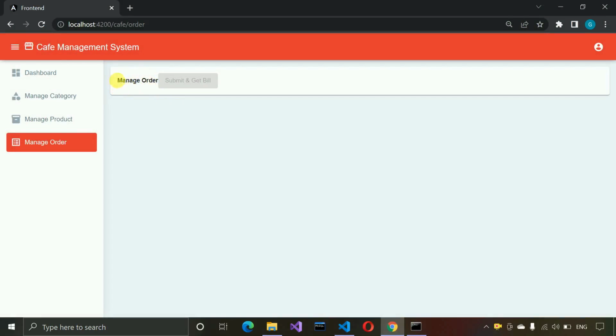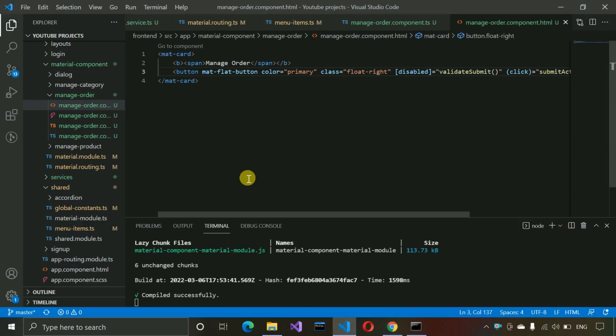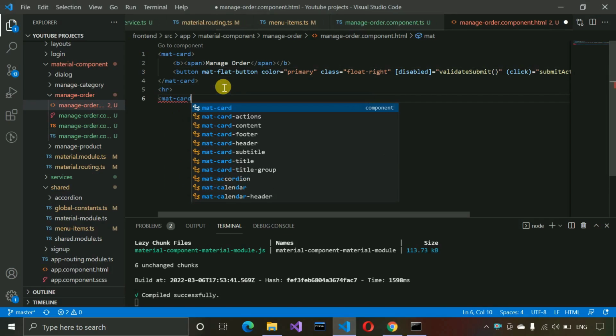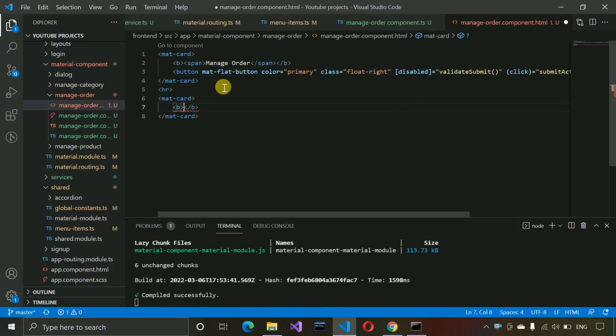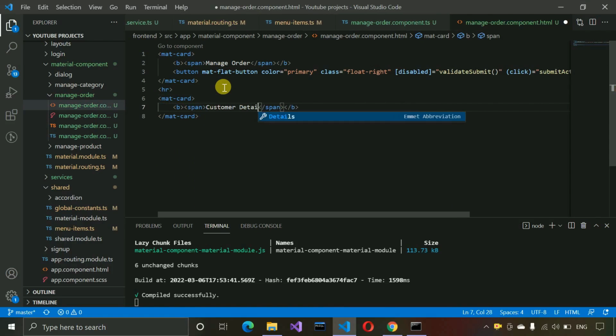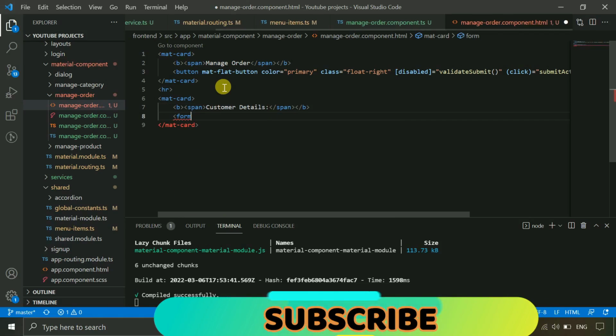You can see like this right now it's visible because we did not have CSS, and you can see the button is also disabled because we did not create any form till now. And let me put over here HR, and then we have to write a mat card, and here we need to write B bold for bold, and here we have to write a span, and here we have to write customer details, and after that we need to write form, and the form group will be manage